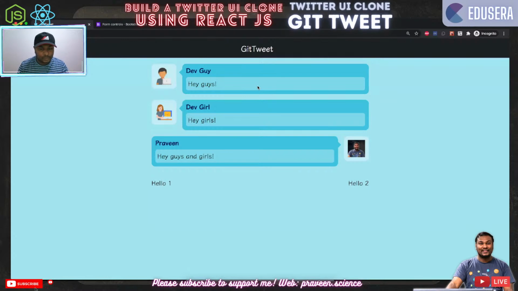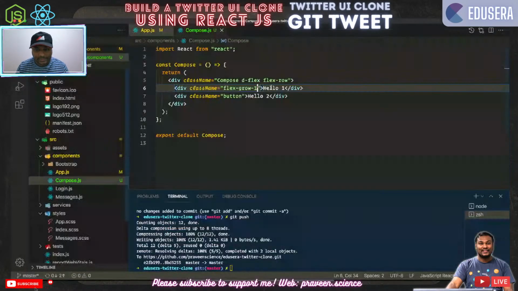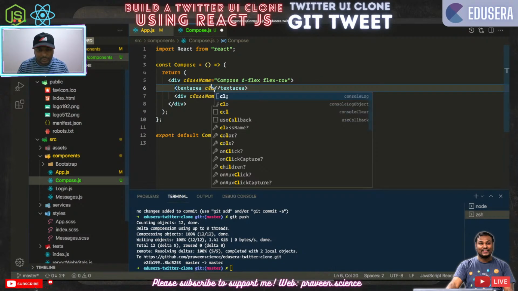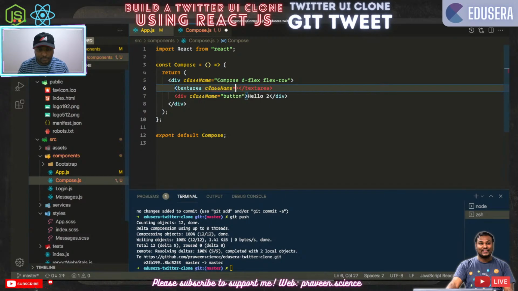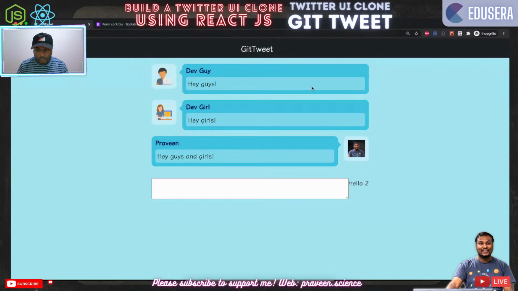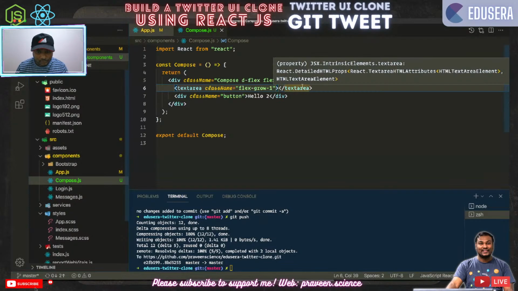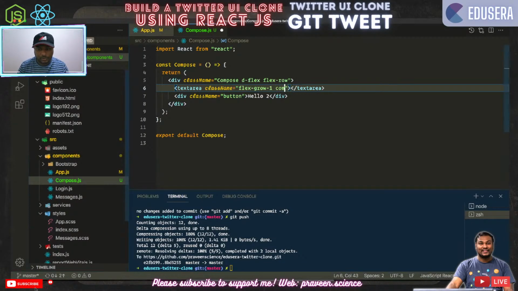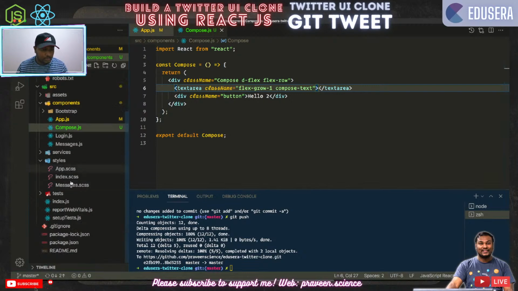So this becomes the big place where it has the text area. Instead of all these things, I'm going to put a simple text area, and you don't need the name or ID or cols or rows. Just give a class, and it's going to be Flex grow 1. Okay, that's cool. And now compose text. Along with this, I'm going to create a new file,